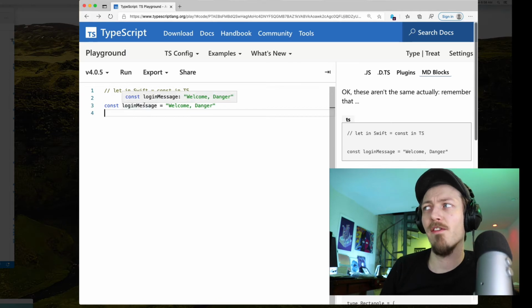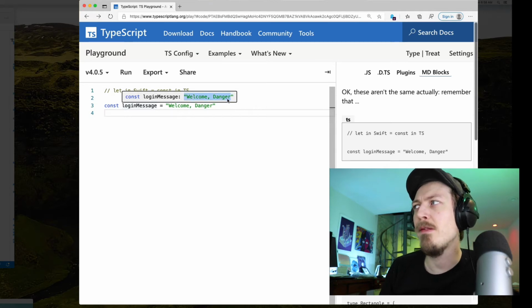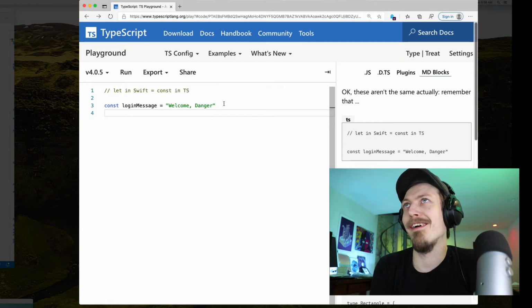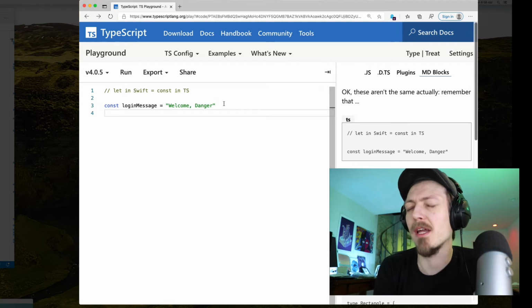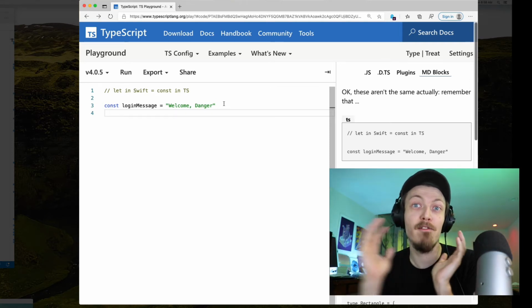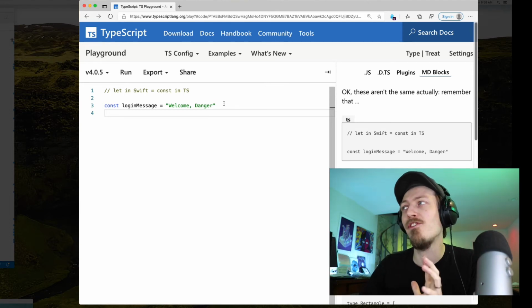And now when I hover over login message, it actually says that the string type is welcome danger. And this is why it starts getting really interesting. So you can declare that an exact match of a string is a type. So string as a concept accounts for every single possible character combination.